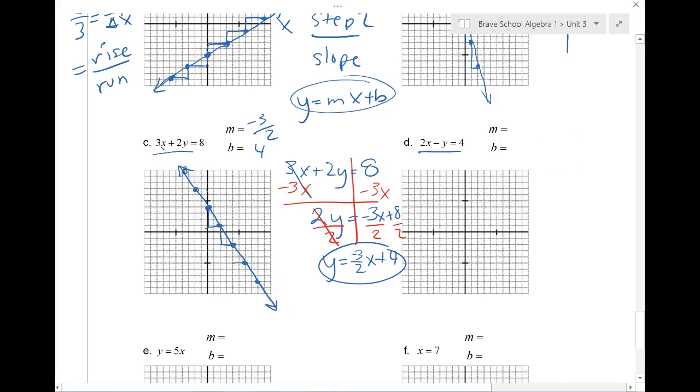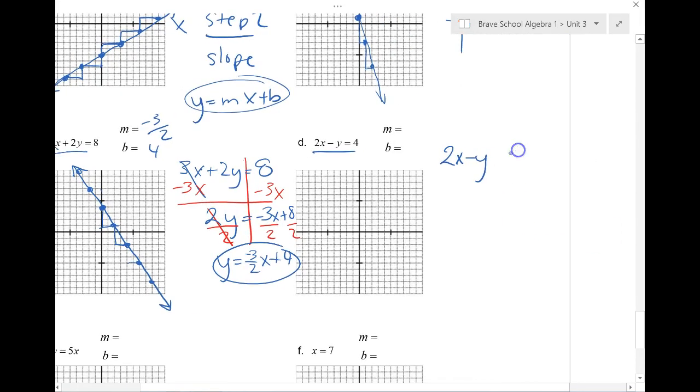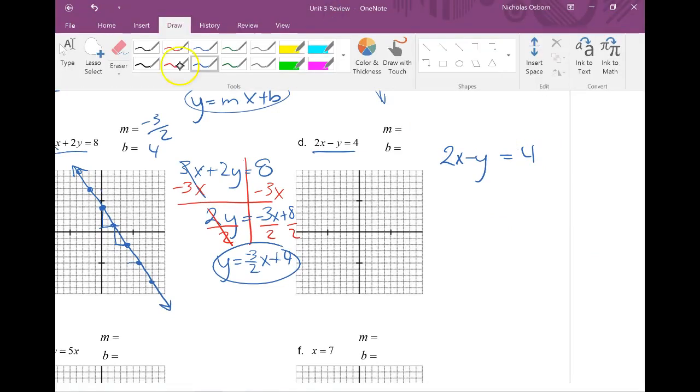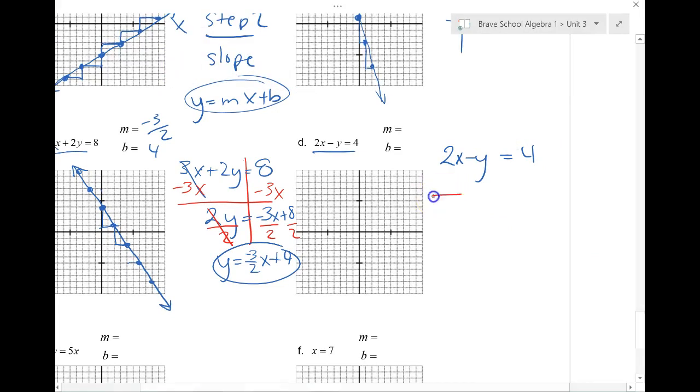Okay, now this one, same thing. Let's go a little quicker this time. Oops, sorry. Actually, let's not go so quick because this one can get a little confusing. 2x minus y equals 4. Plus, you guys are watching the video, so if you don't want to go slow, you can always just speed along or fast forward. Okay, so now, again, I want to get rid of this x term, so I subtract it